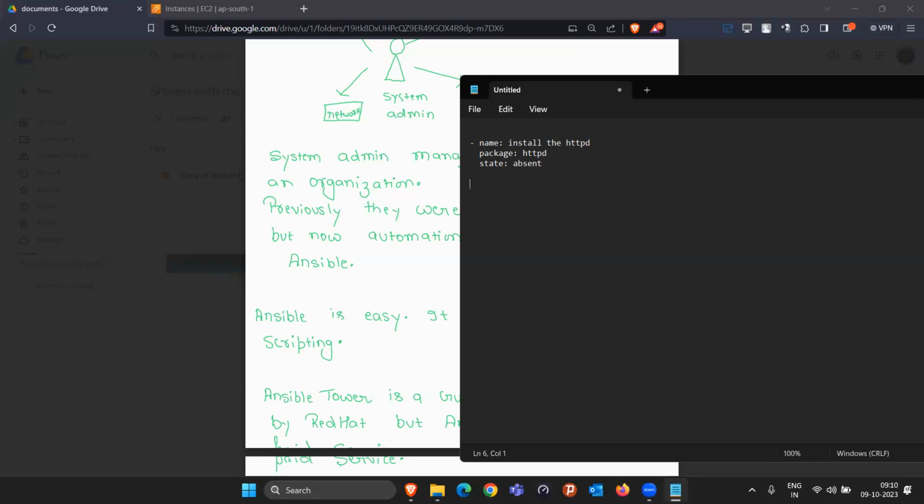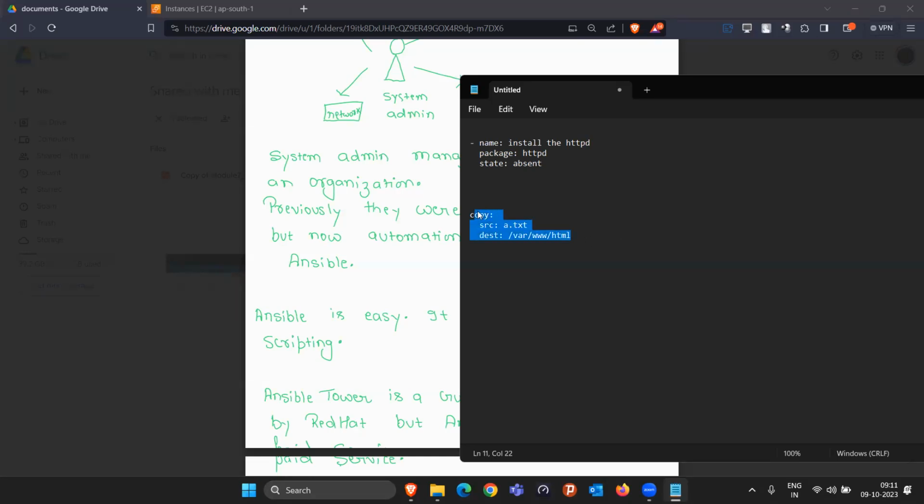Similarly, tomorrow somebody says you have to copy some file. So I will write a module like copy. Again, I will tell you all these things, but I'm just showing you how it works. We'll use copy and write src, which is the file I want to copy. Take an example, the a.txt file. And at which location I want to copy it, I write destination. I'll say let's copy it inside the location slash www slash html. Now it's Ansible's duty to copy this file from your base machine, like this particular laptop of mine, and paste it at this particular location on all 100 server machines.